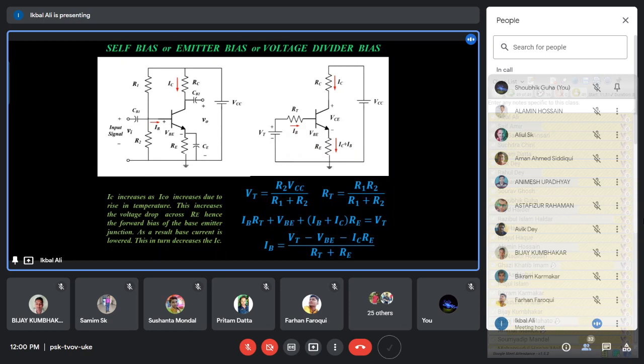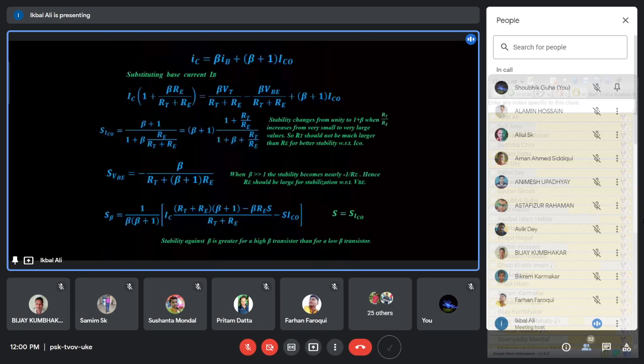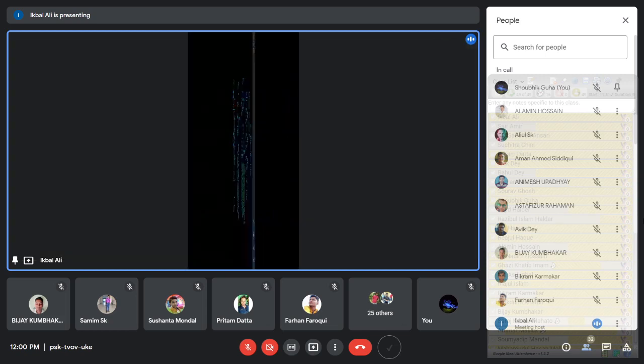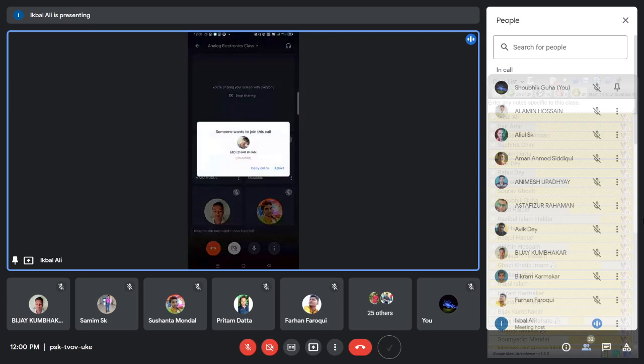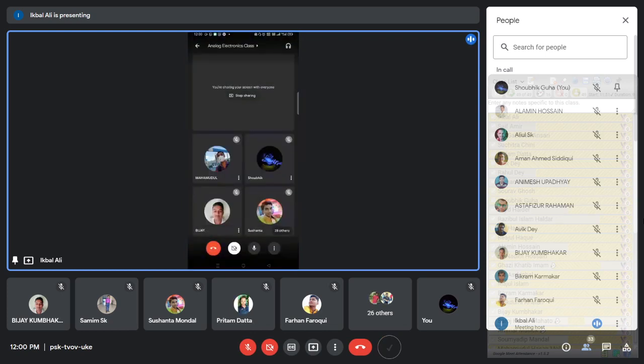And you know that for silicon, it is 0.7 volt. And at the base collector junction, there must be some amount of reverse bias, which may be higher than 1 volt, maybe 2 volt or 3 volt, like that. The forward bias of 0.7 volt is almost fixed, but the reverse bias of the base collector junction is not fixed, the value may change. And the precise value of that reverse bias will set the Q point in the middle of the active region, and that is our purpose.